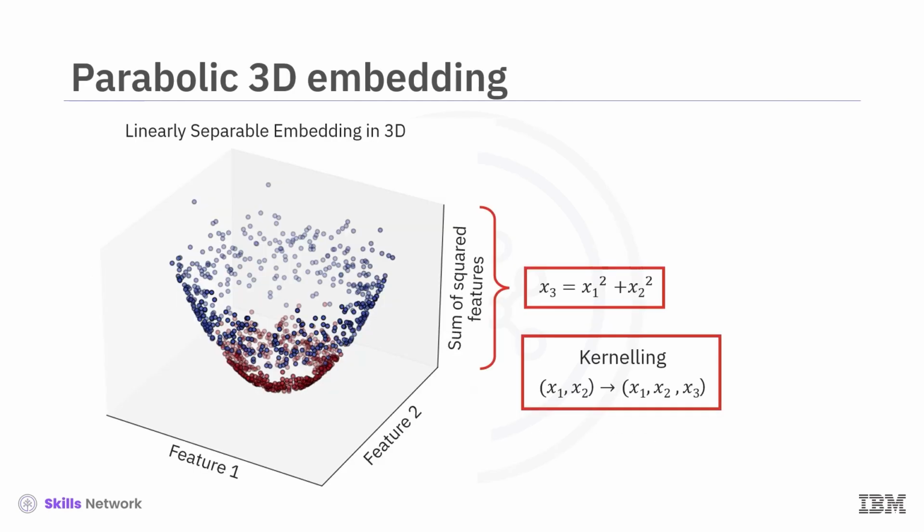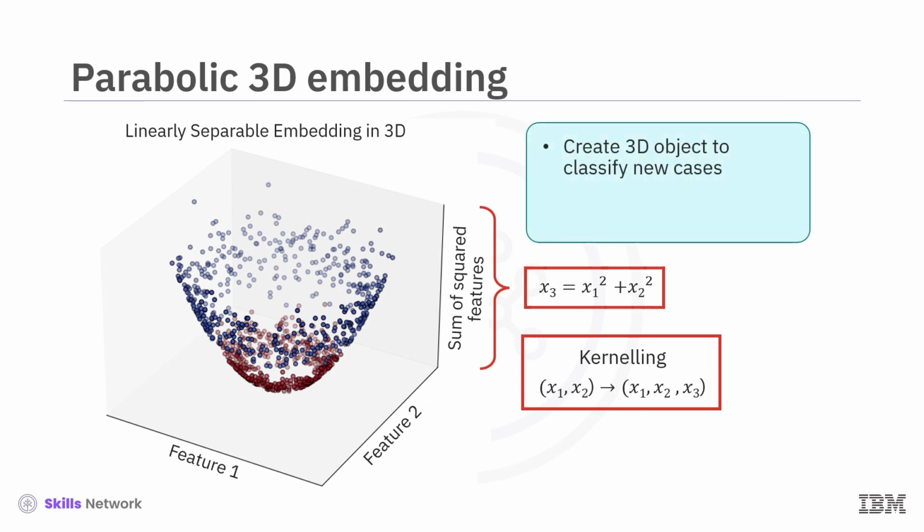Let's transform the features of the 2D object so that it takes on a parabolic shape. Let's create a new 3D object by adding the new feature as the z-axis. It's a bit difficult to interpret 3D objects, but as you can imagine, the two classes are now clearly separated by a horizontal plane. You can use this plane to classify new cases according to whether they lie above or